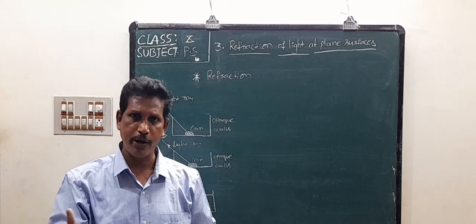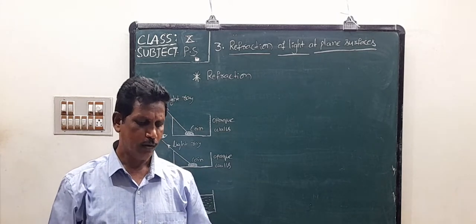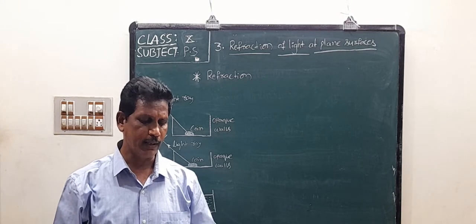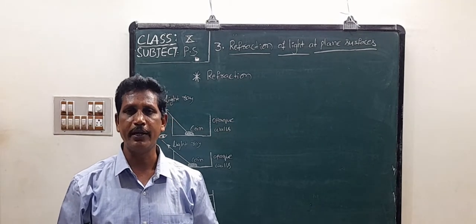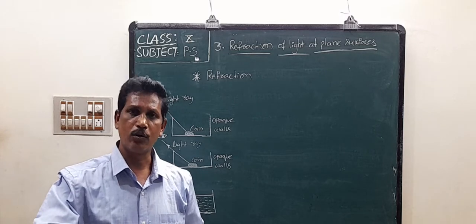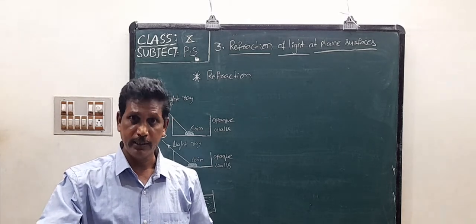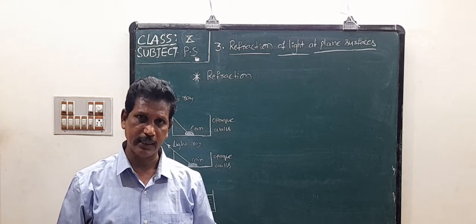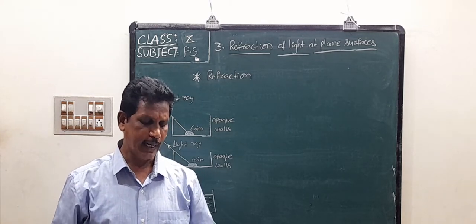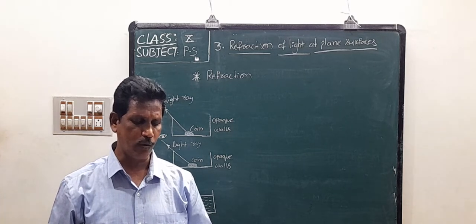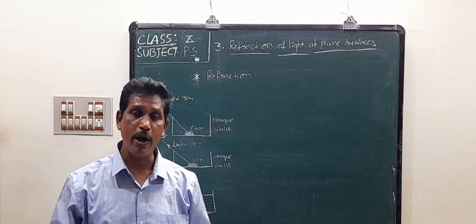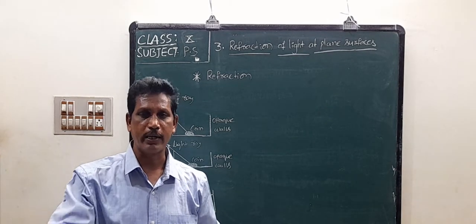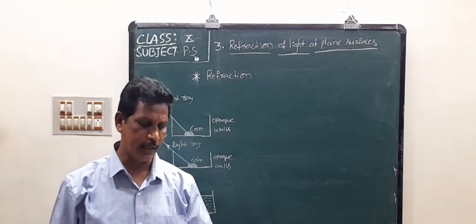We see that coin. You know that the ray of light originating from the coin does not reach our eye when the vessel is empty. When the vessel is empty, we do not observe the coin in the vessel after some distance. Hence you cannot see the coin, but the coin becomes visible to you when the vessel is filled with water.